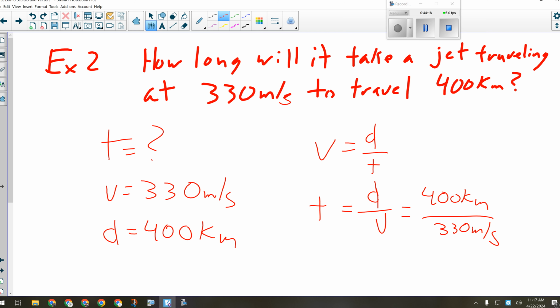The metric system doesn't care what the units are. Kilo is always 1,000 times the base. Centi is always 100 of the base. That's why there's 100 centimeters in a meter. Milli always means 1,000. That's why there's 1,000 milliliters in a liter. So the metric system always uses the same prefixes, and it doesn't matter what the base units are. Grams, liters, meters, doesn't matter. They're all treated the same, which is brilliant, because in the